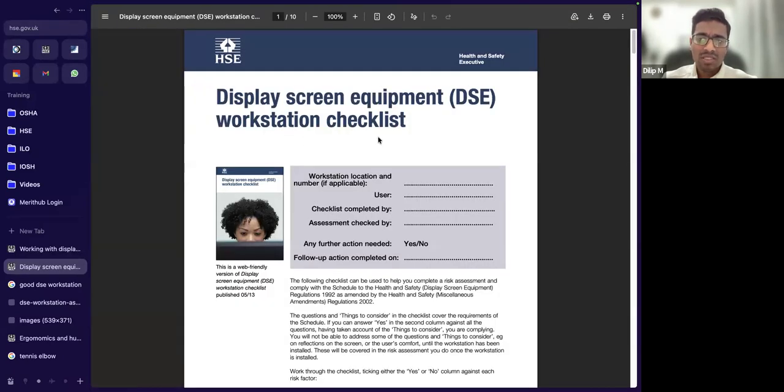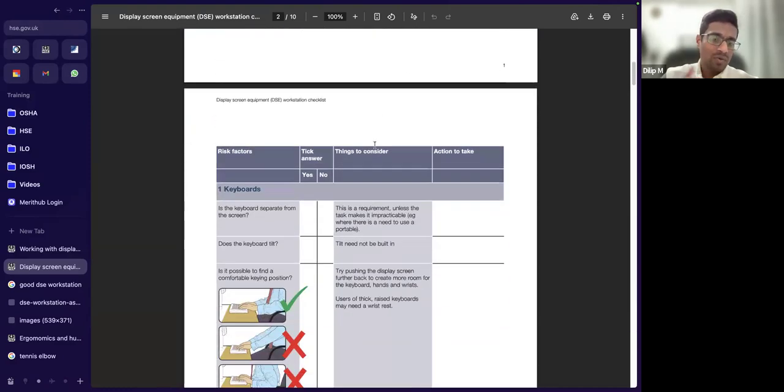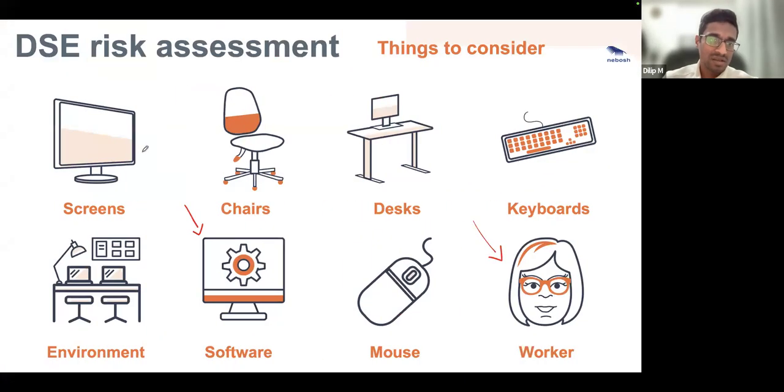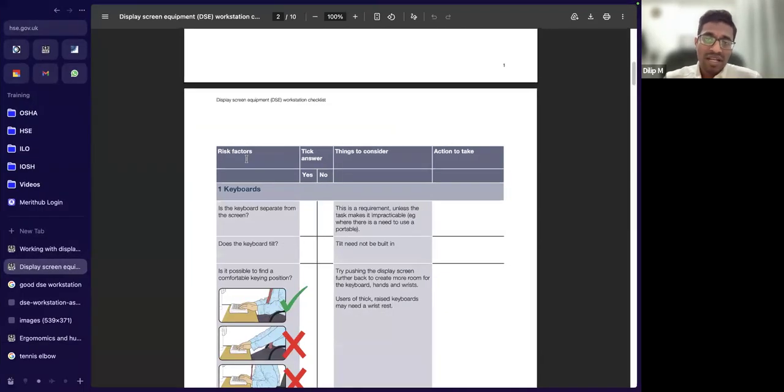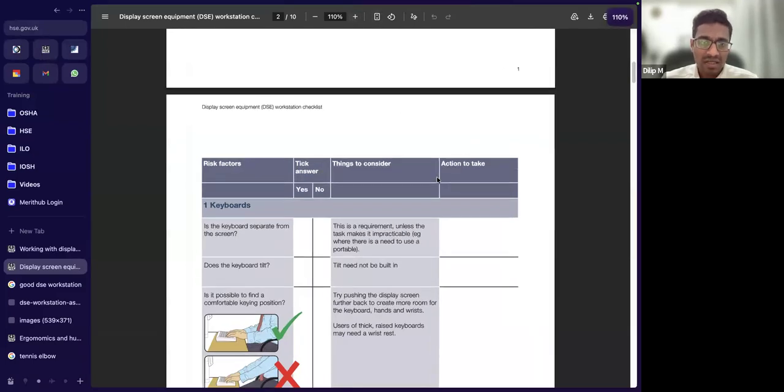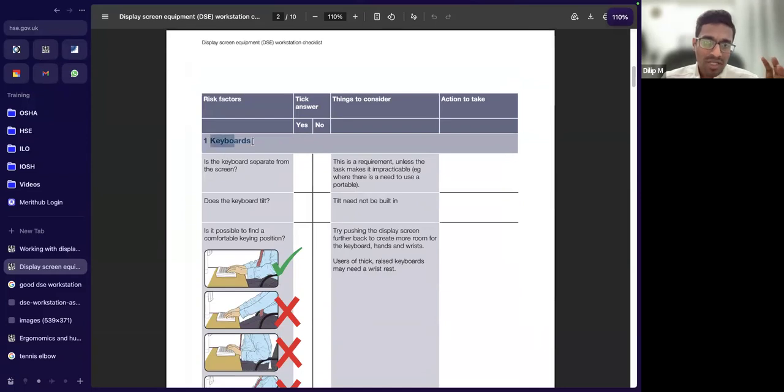So, the DSE workstation checklist, like what we have discussed here: screens, chairs, desk, keyboard. If you're doing a very detailed risk assessment for a DSE user, then this checklist would be very handy. So you look at the keyboard, and these are the points that you're going to make a note of when you're doing a DSE